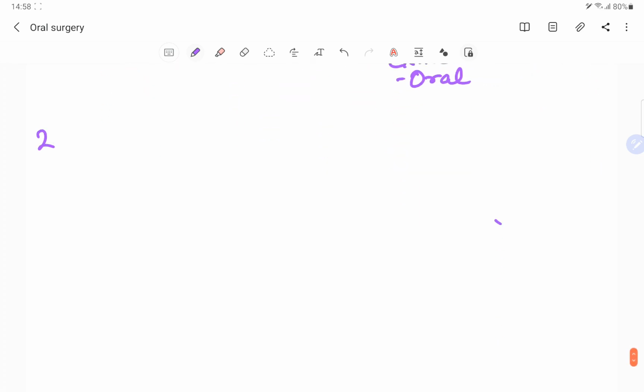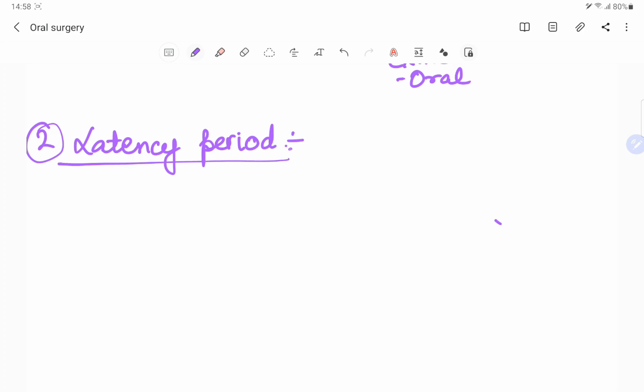So, next stage is the latency period. Latency period is the time duration between the osteotomy and the period when we start the distraction osteogenesis. So, it is the time period between the osteotomy and the time when we start distracting the bony fragments. We want the hematoma formation to happen so that the soft callus is formed, so that the bone formation